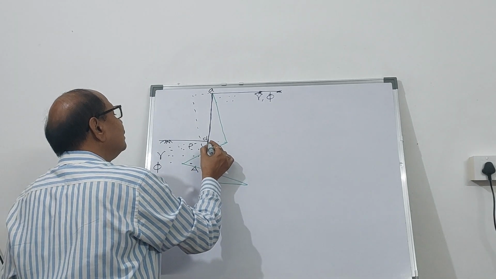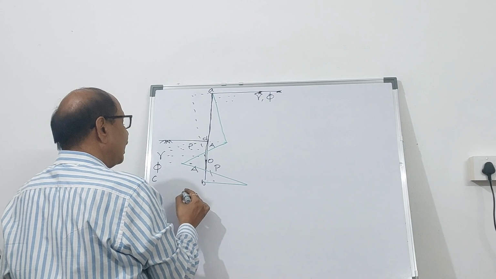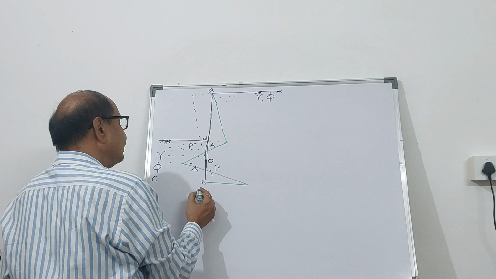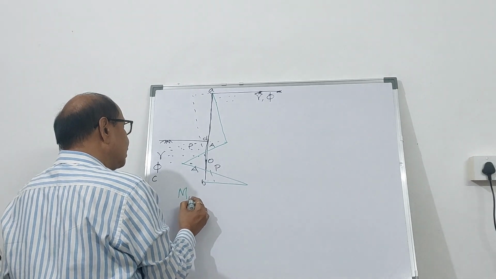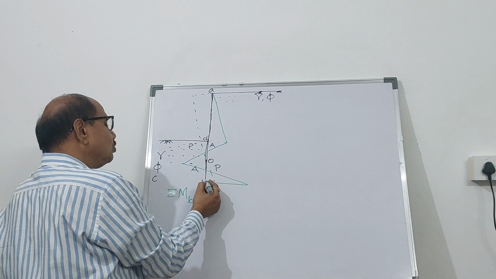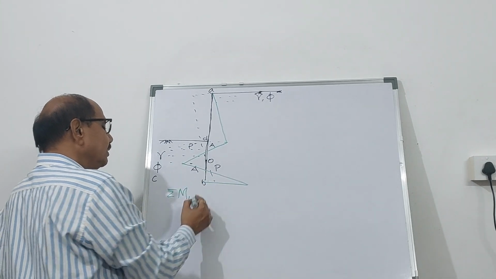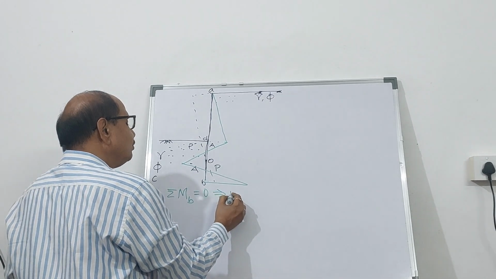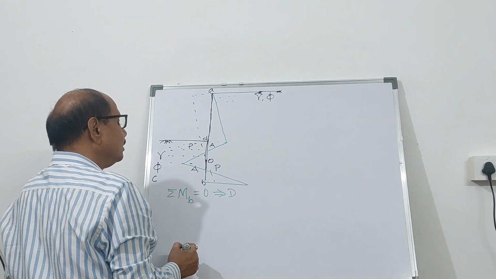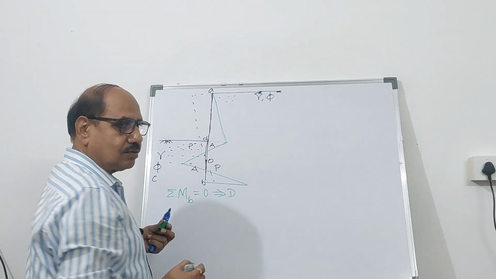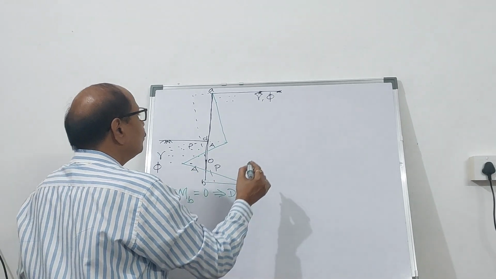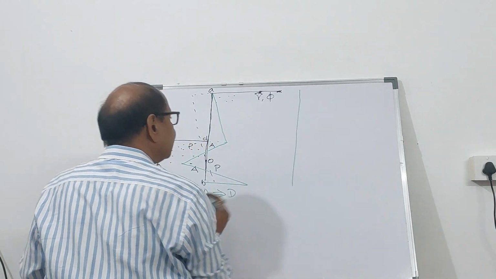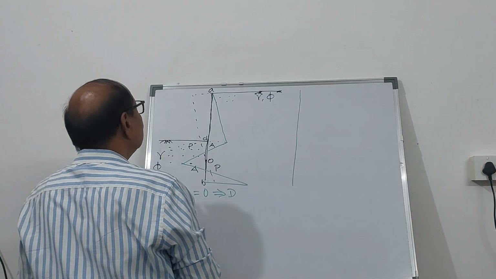So this is the pressure distribution, and then when you try to find out the value of D by taking the algebraic sum of moments about the bottommost point B and equating it to 0, this gives you the value of depth of embedment. It's quite a rigorous practice. So how to make it simpler in nature? To make it simpler, what you can do is that